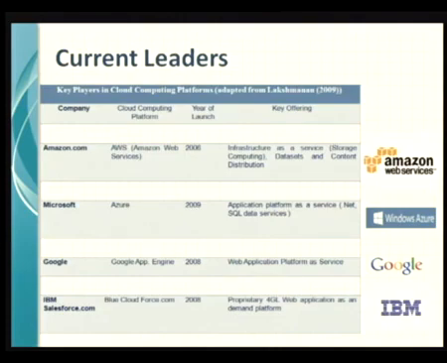Like here you can see, Amazon is tied up with infrastructure as a service, data sets, content distribution, and right now it is into IoT, machine learning, etc. You can see on their website they are offering more products. They had listed only a few, but there are more products to offer.